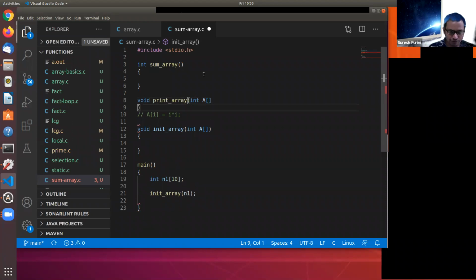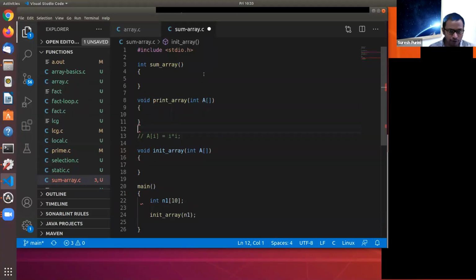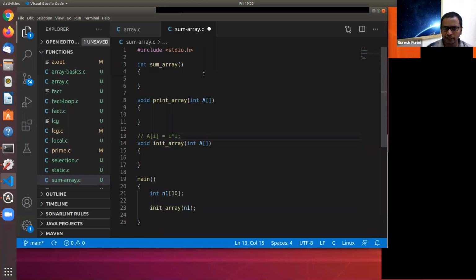So the first question for you is, how do we go about writing the function init_array? Are there any challenges in writing the function init_array? It's a simple strategy. So it's a simple loop, but the primary thing is without knowing the size of the array, we will not